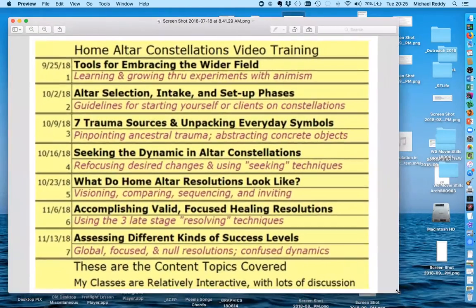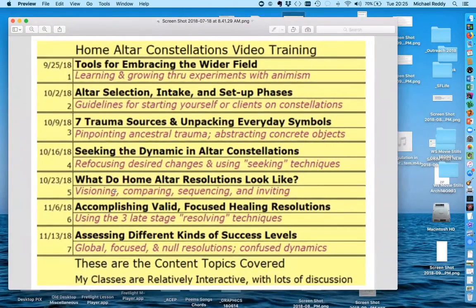So this is sort of a general look at how the classes go in terms of what I talk to you about. And it's general because you can see I'm following your lead. You bring up something and I'll have a discourse about that. And so things will not necessarily all happen in this order, but essentially the first class, there's two things going